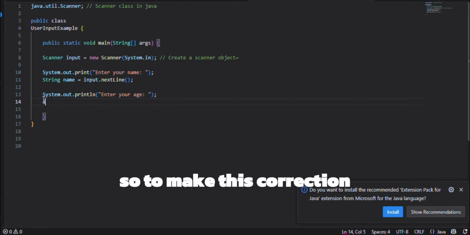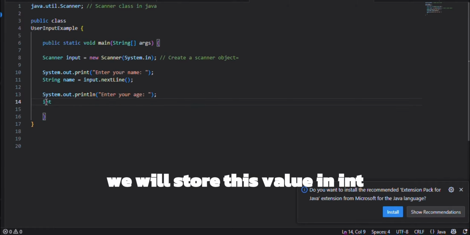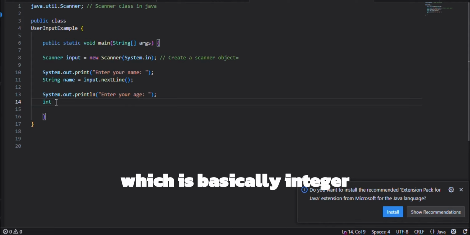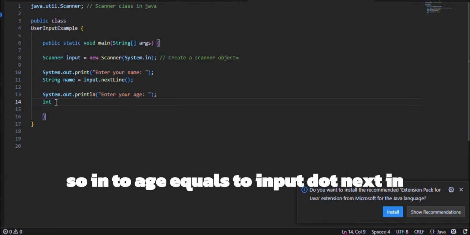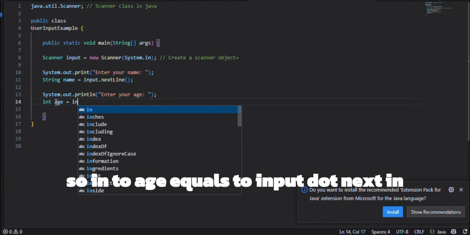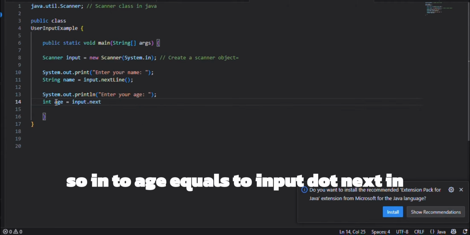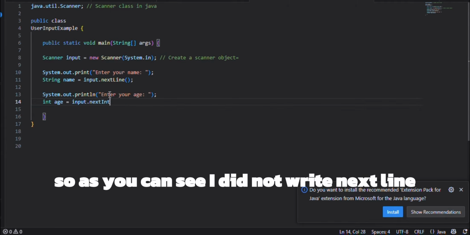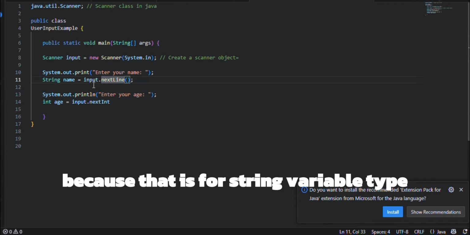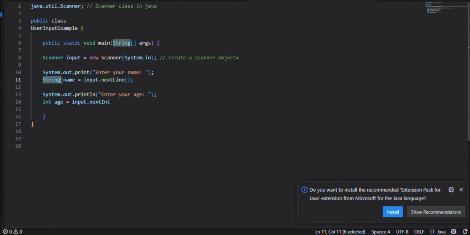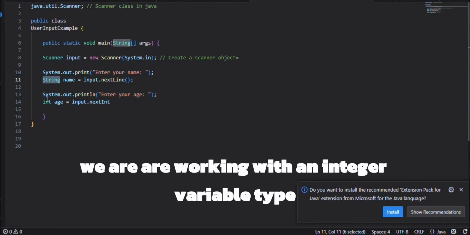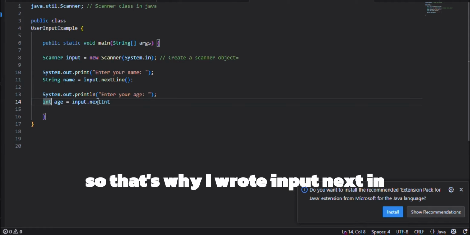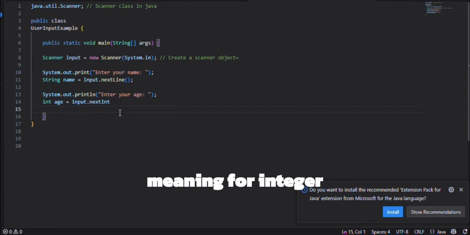So we will store this value in int, which is basically integer. So int age equals input.nextInt. As you can see, I did not write nextLine because that is for the string variable type. In this case, we are working with an int variable type, so I wrote input.nextInt, meaning integer,